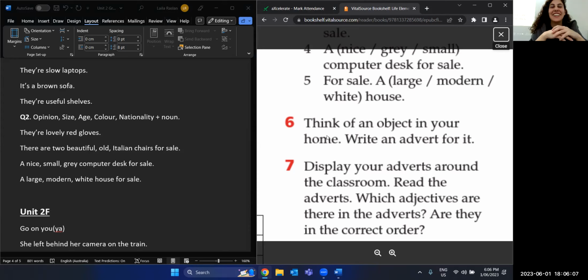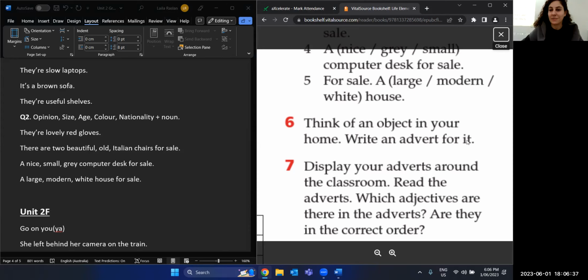You want to sell your wedding ring because you don't need it anymore. Or it could be your laptop, your car, whatever books that you don't need anymore. It could be whatever object you want, a possession, something that is yours. We want to sell it. So write an